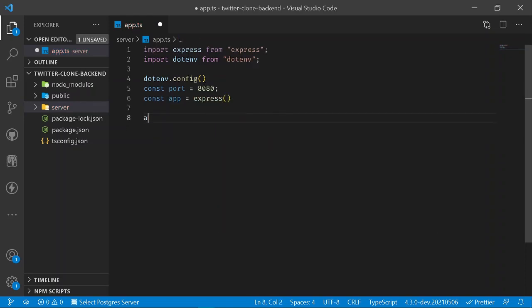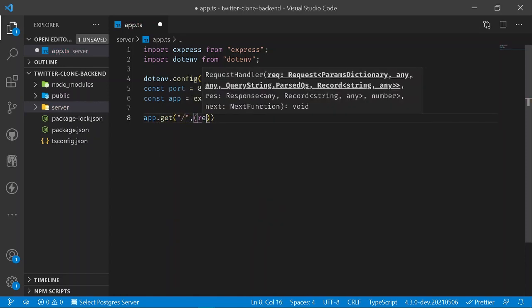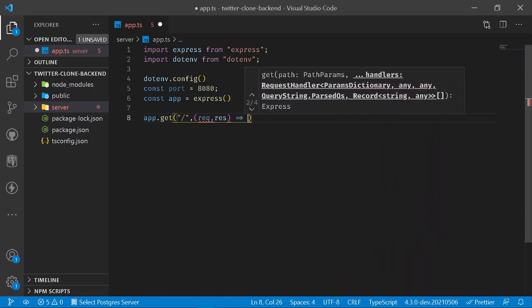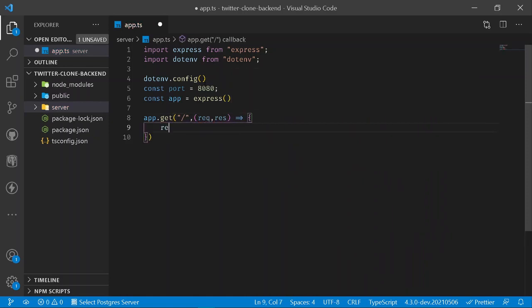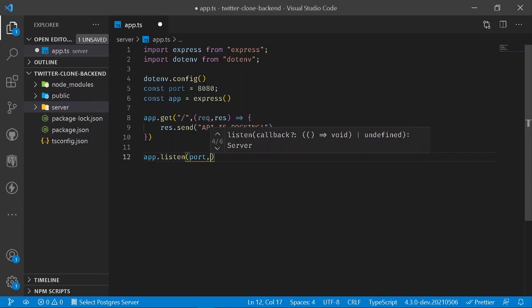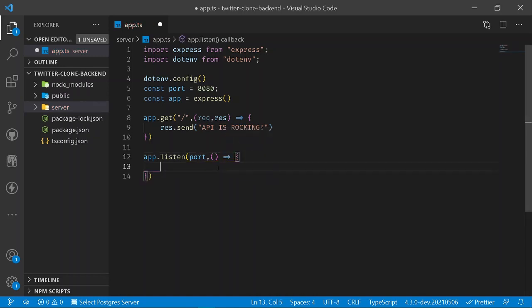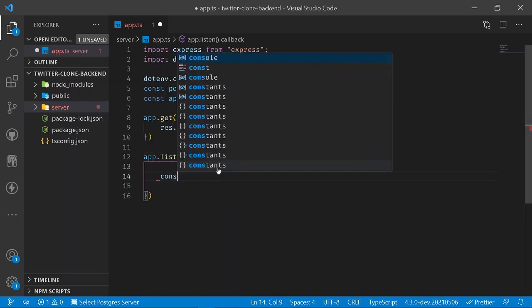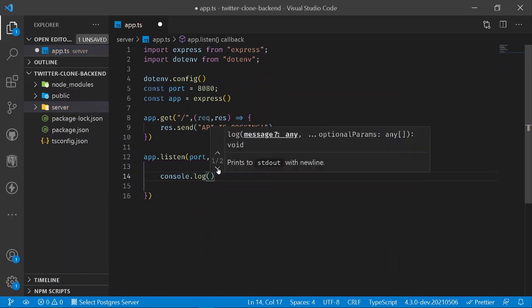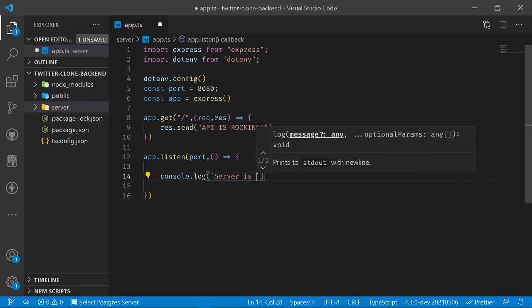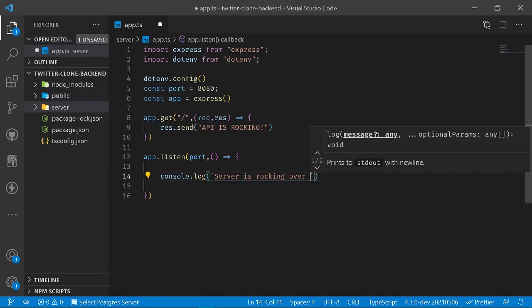So once we have got our app, I can write app.get to set up our home route, and here it should be requiring a request and also a response. The following thing will be through an arrow function, and here I can simply say response.send, and once that is done, I should write here app.listen, and under this first of all it will be taking our port which is 8080, and after that it will be requiring an empty function, that is a callback, and under my callback I can simply say console.log under backticks of server is rocking over the following port.